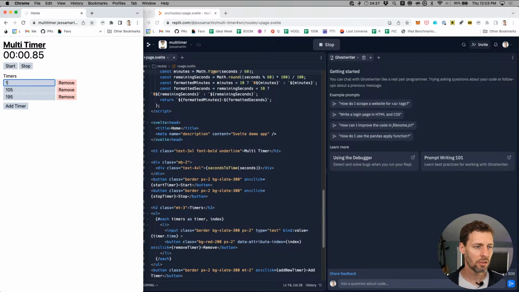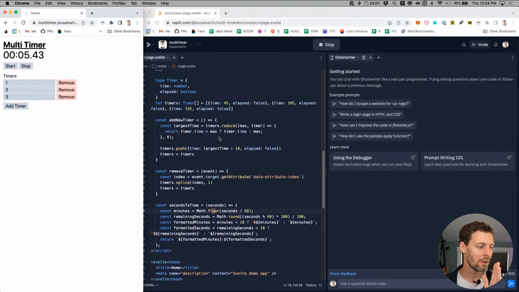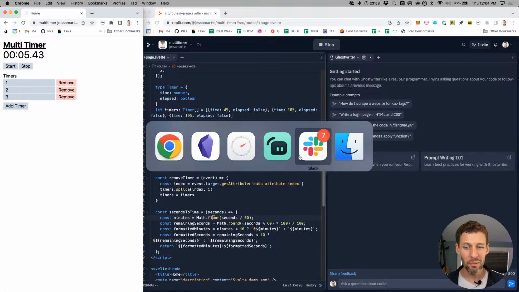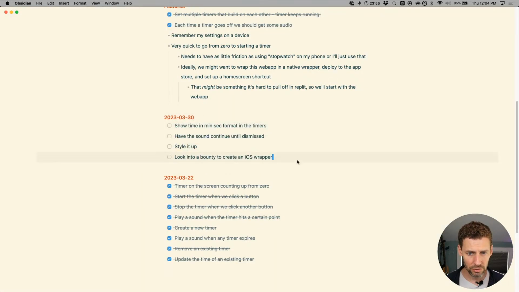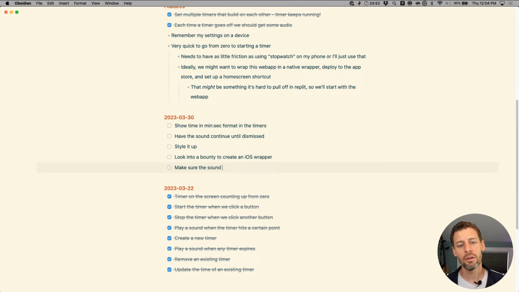You can set timers, so things like I could set a timer for 1 and 2 and 3, and that's going to play a sound at 1 second, 2 seconds, 3 seconds. It'll sound something like this. And that's something else we need to look at. You notice that the timing on that, it went click, click, click, when it should have been click, click, click. I'm noticing that the way that I'm triggering the timer is not playing the sound at exactly the right moment. So I'm going to list that as a bug that we might want to come back to today. Let's see, make sure the sound plays right at the appropriate time.